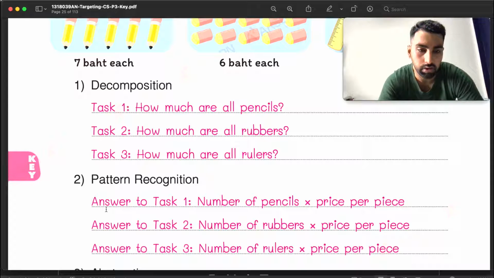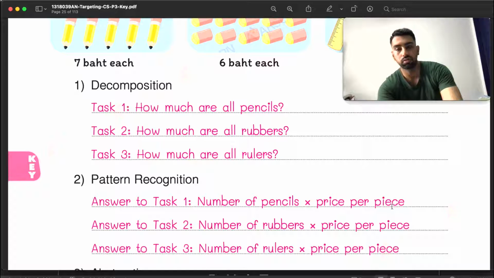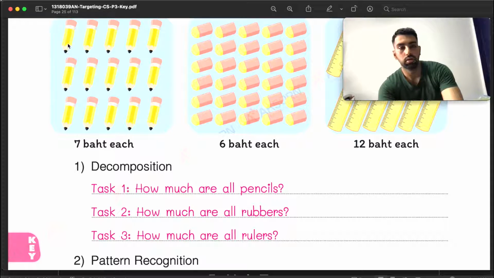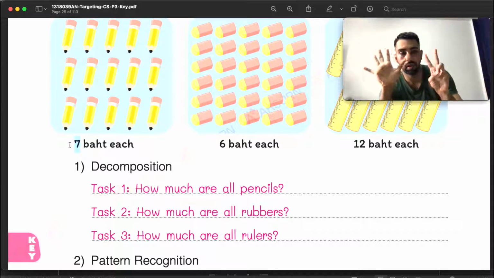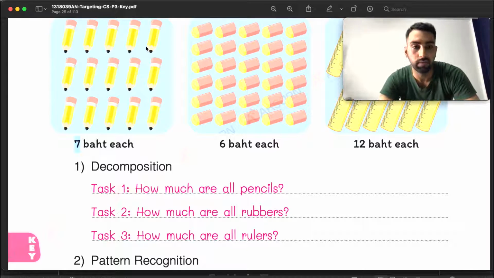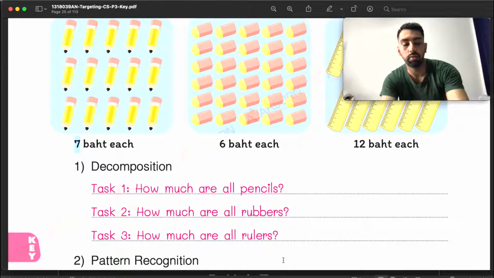Alright, task 1, the number of pencils multiplied by the price of the pieces. Number of pencils, you see how many pencils there are. You see 7 baht for 1 pencil. Okay, 1 pencil is 7 baht. So how many pencils do we have? 1 2 3 4 5 6 7 8 9 10 11 12 13 14 15. 15. So what we're going to do is 15 multiplied by